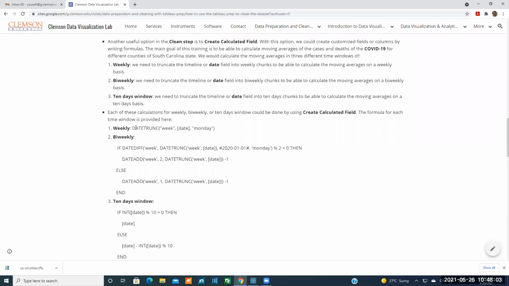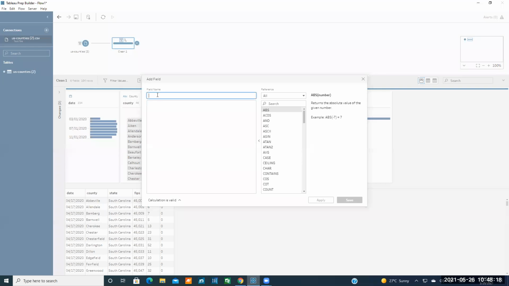So the first one that we would use here is called the weekly. I'm going to copy the expression here and describe what this expression means. I would just put the weekly for the expression. And this weekly field gives me the weekly chunks of my date field, which means that it just tries to